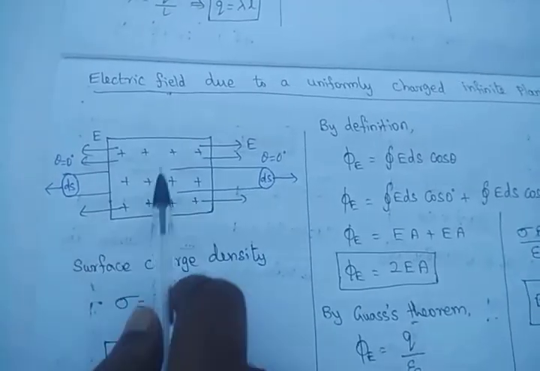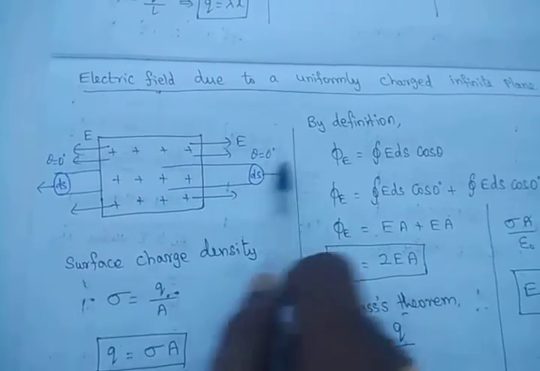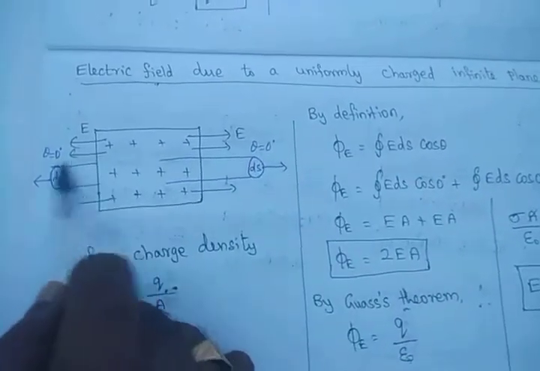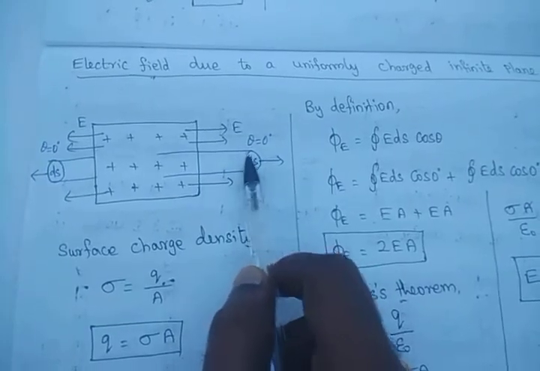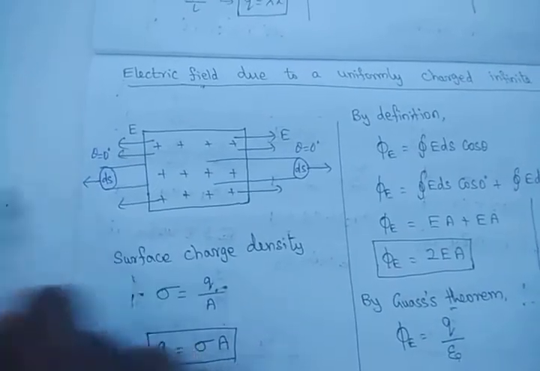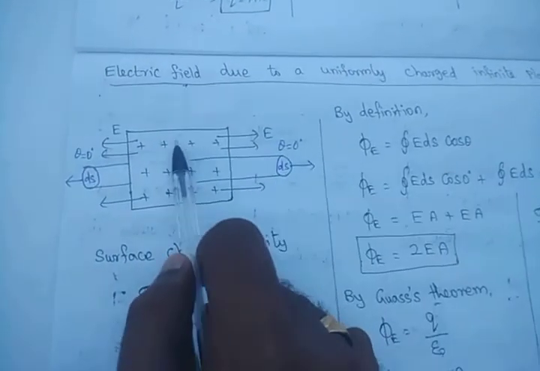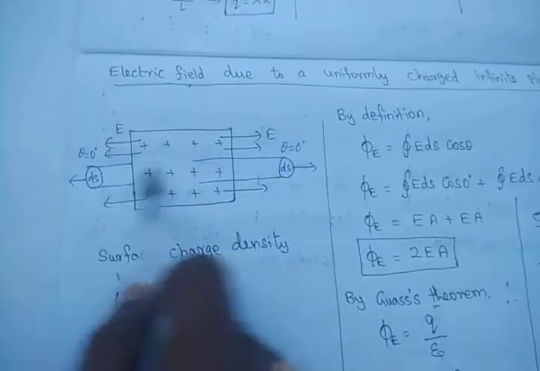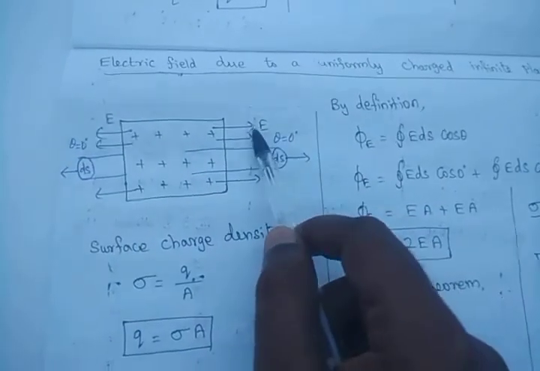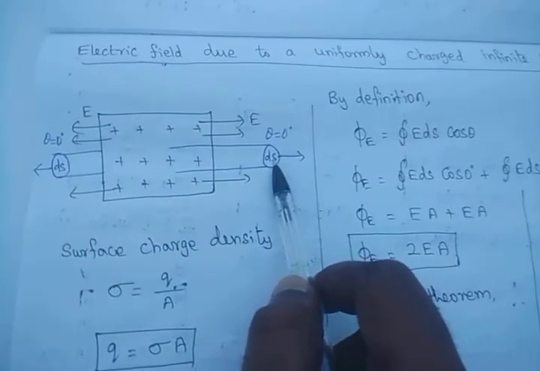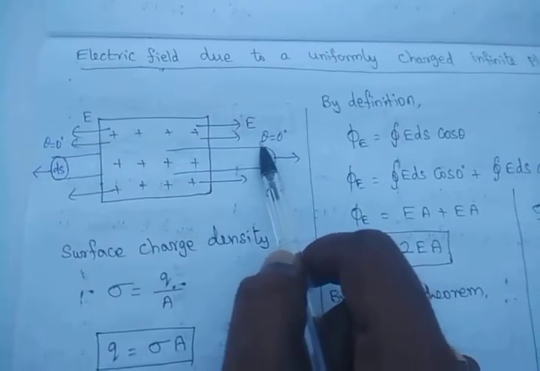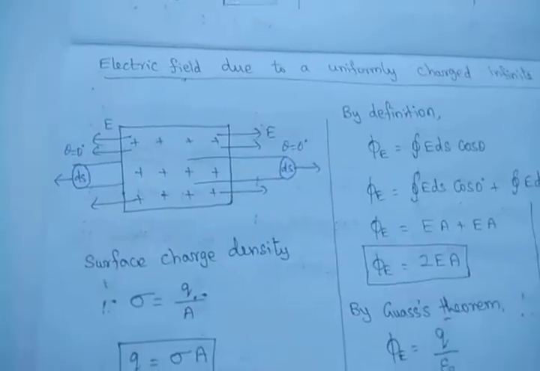So in this two-dimensional case, this is a plane sheet surface, with a front side and a back side. So we have to draw the Gaussian surface like this. The Gaussian surface vector dS will point outwards on this side, and on this side also it will point outwards. Similarly, this is a positive charge, so the electric field vector is also pointing outwards. In both cases, front side and back side, the electric field and the small surface vector dS of the Gaussian surface are parallel. That is, the angle theta is equal to 0 degrees in both cases.